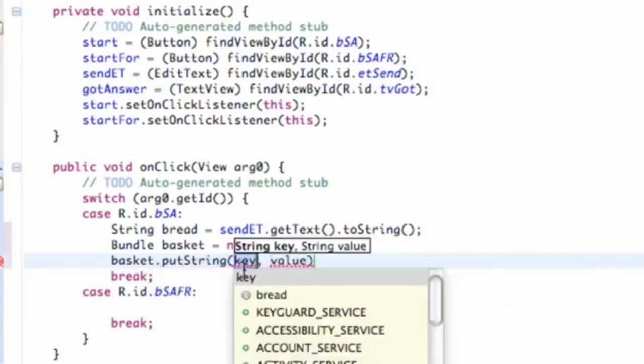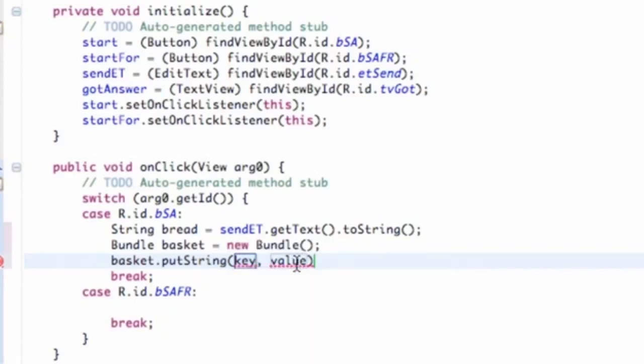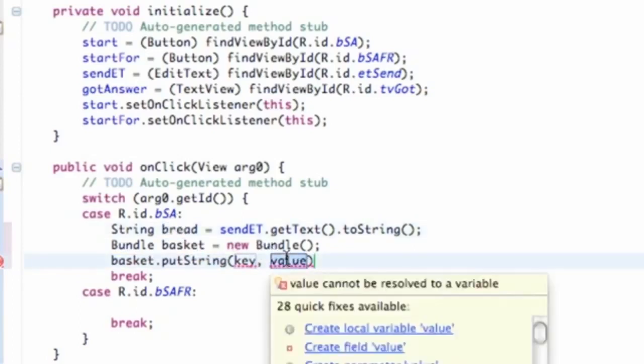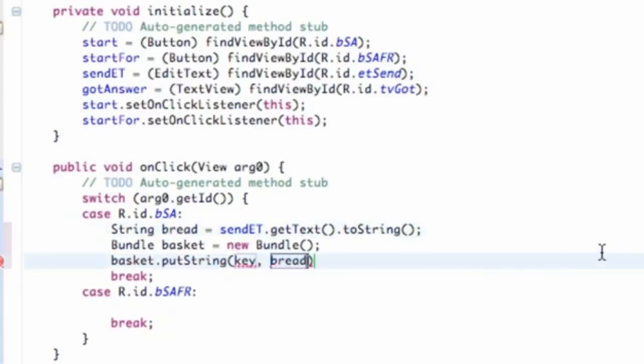And basically what a key is, this is kind of the reference. This is kind of the file name for the most part, so our next activity can look for that file name. That's basically what a key is, and then our value is going to be basically what we're passing, which is going to be bread. So we're going to say bread right here, again referring to that string we set up, which will be whatever our edit text is. And now we just need to label this key, so we're going to say